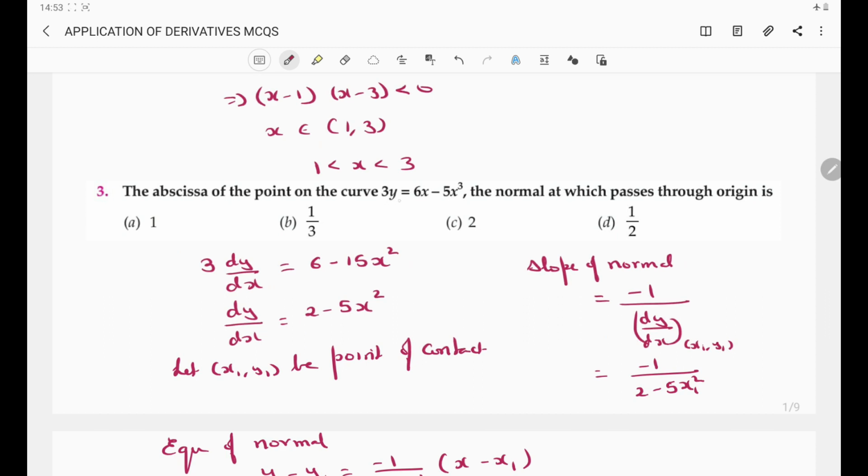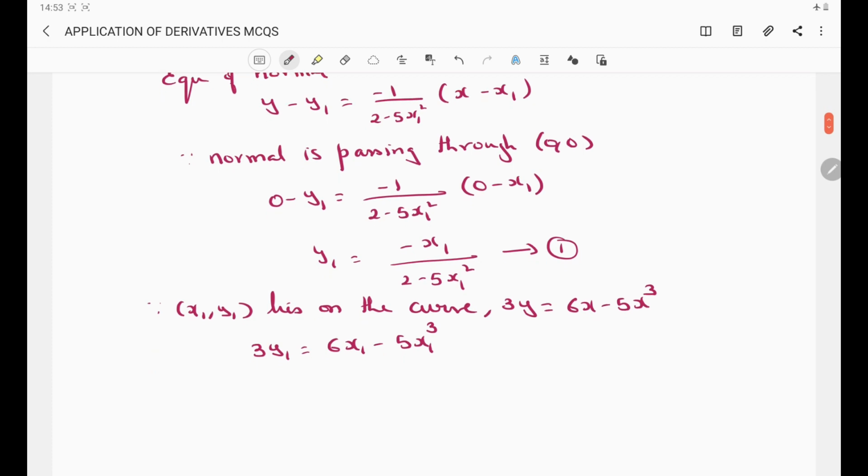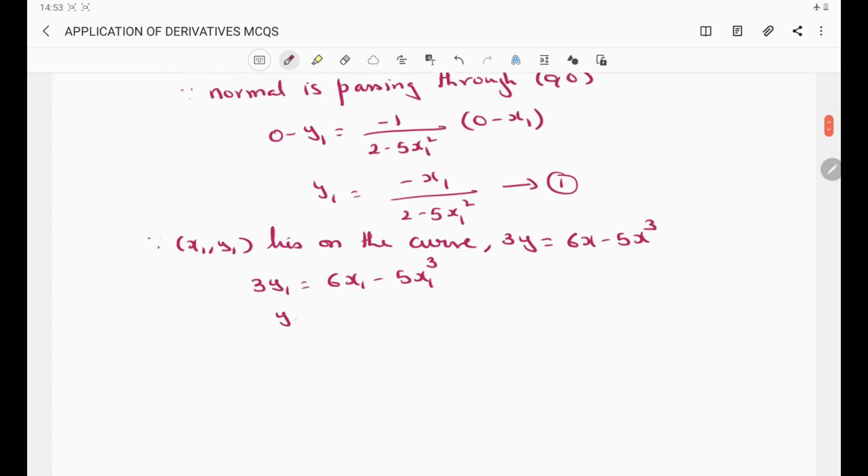So since x1 y1 is a point on the curve, it must satisfy the curve equation. So 3y1 is 6x1 minus 5x1 cube. From this we get y1 as 6x1 minus 5x1 cube divided by 3. So let's call this equation 2. Now from equation 1 and 2